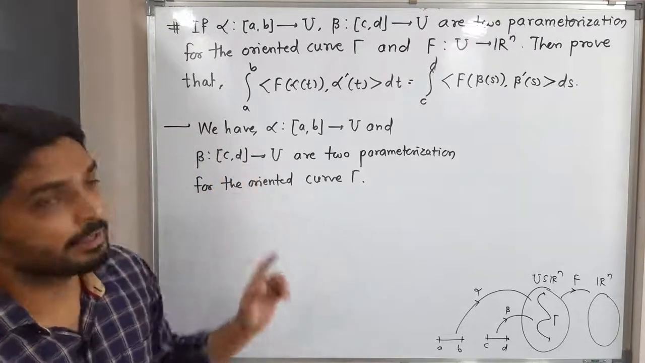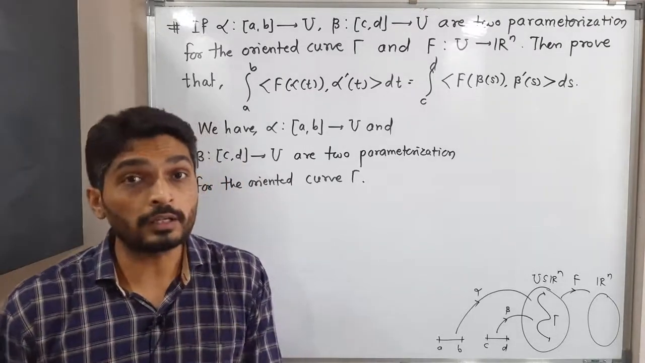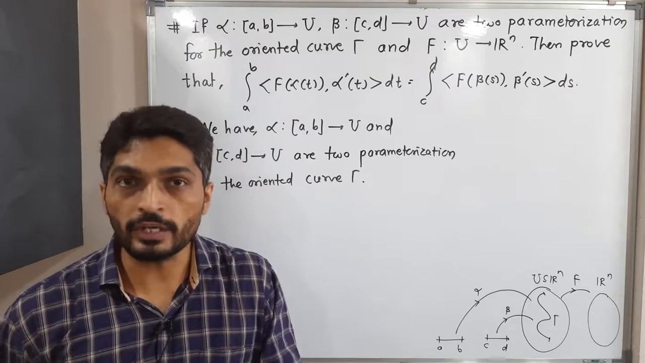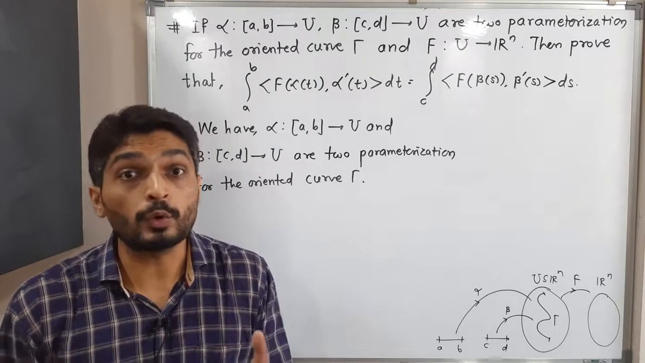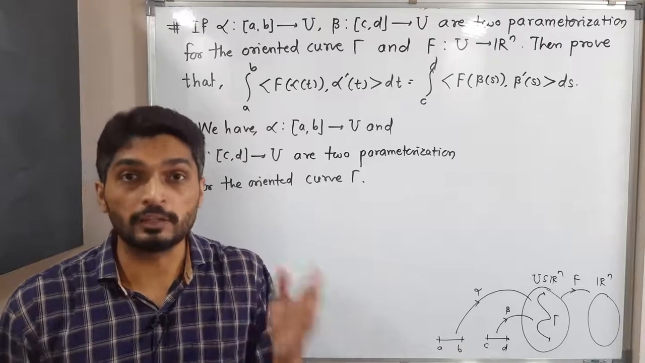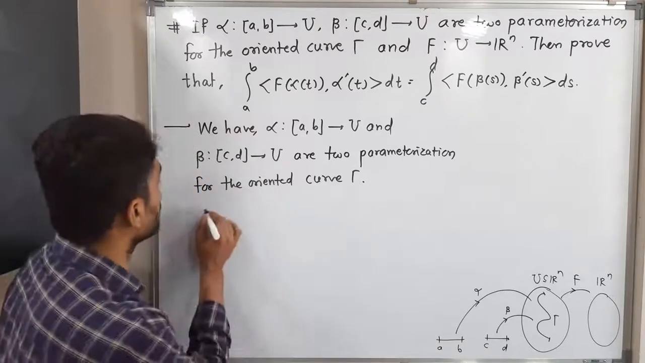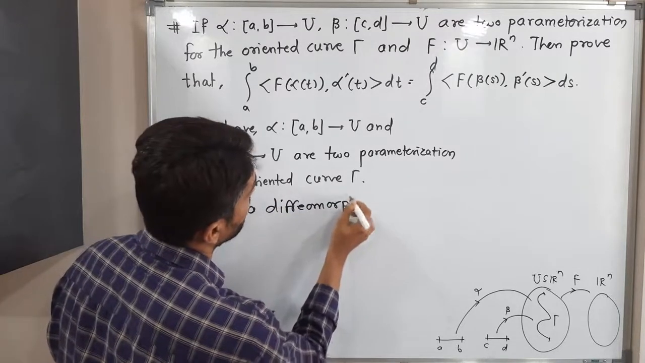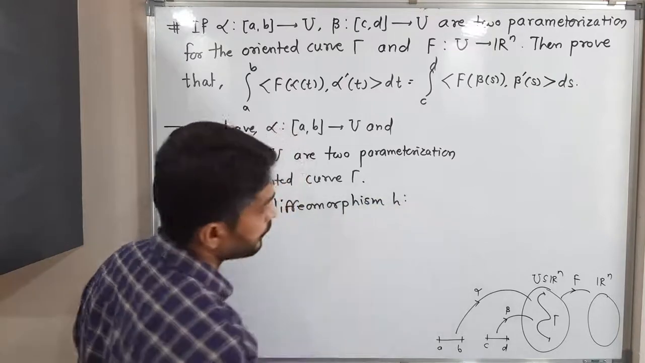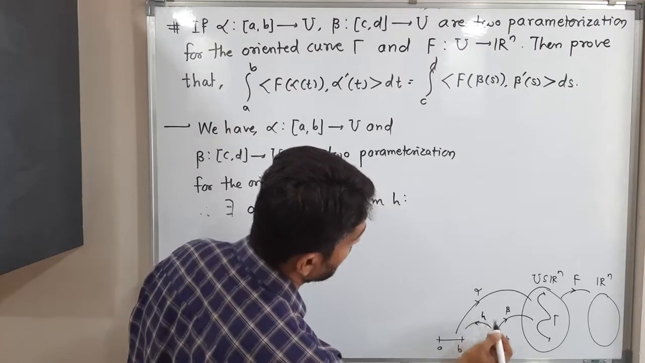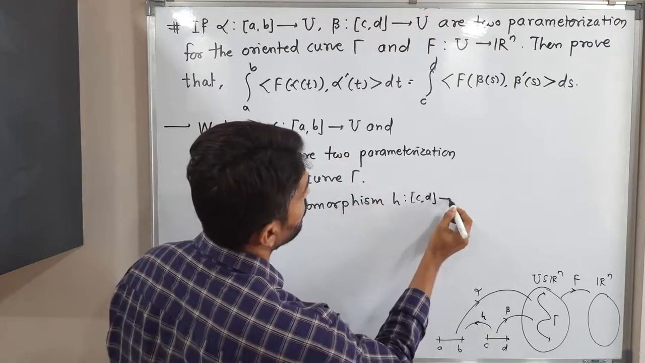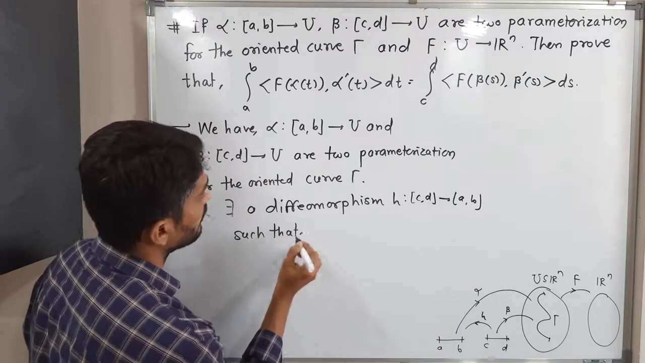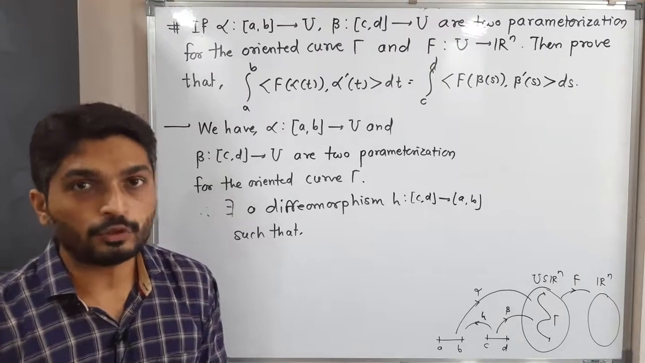I have written clearly here, alpha and beta are two parameterized curves of oriented curve gamma. That means alpha and beta are O equivalent or oriented equivalent. So you know the definition of oriented equivalent parameterization. So there exists a diffeomorphism. Let me write that here. Therefore there exists a diffeomorphism H from where to where? From CD to AB. Let me show it in a diagram also. H from CD to AB such that, as you are familiar with the definition of oriented equivalent parameterizations,